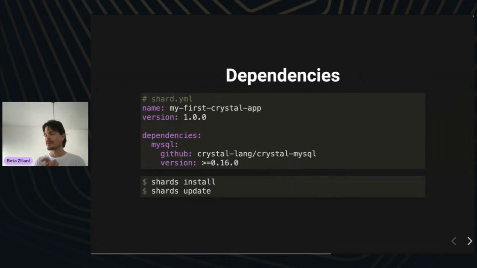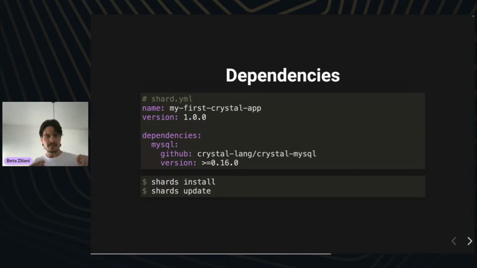All right, moving forward. Crystal has a program called Shards to get your libraries. A library in the Crystal world is called a shard, because a shard, right, is like a piece of crystal, your program is joining pieces of shards until you get your beautiful crystal.